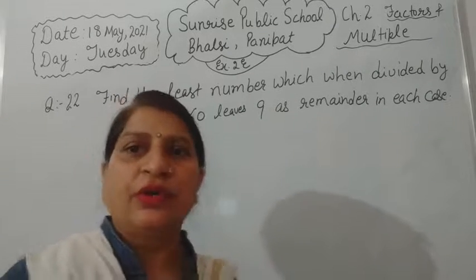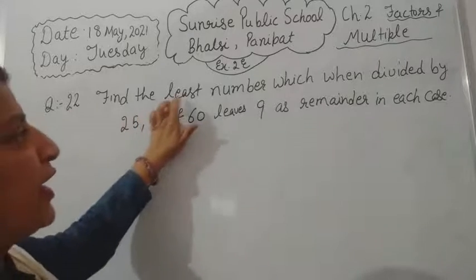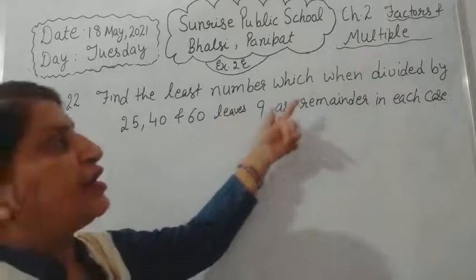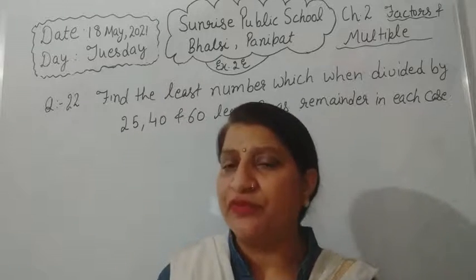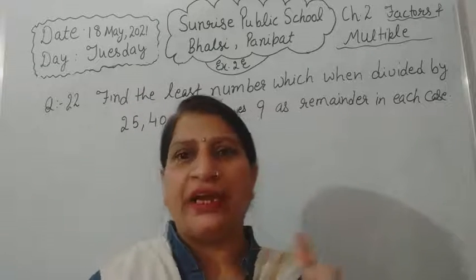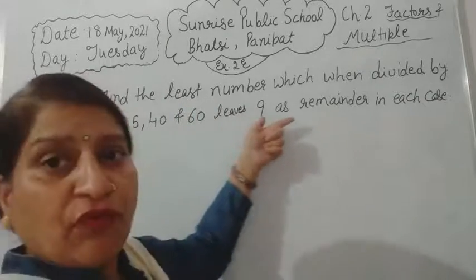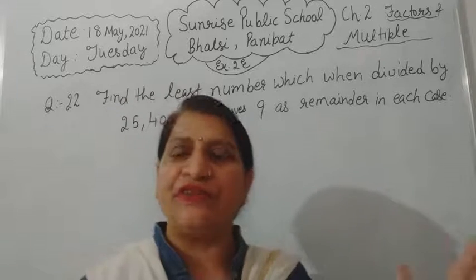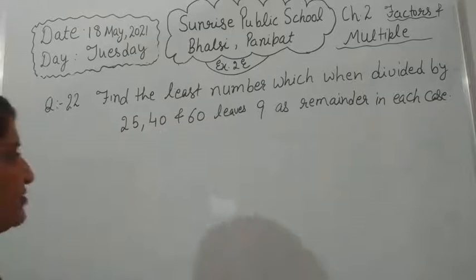Now we start our question number 22. In this question it is given to find the least number which when divided by these leaves 9 as a remainder in each case. When we are doing the questions of HCF, in these questions also remainder is given. But the difference in HCF remainder and LCM remainder is that in HCF first of all we subtract the remainder. But in LCM case it is different. First of all we find the LCM of the given numbers. So let us start